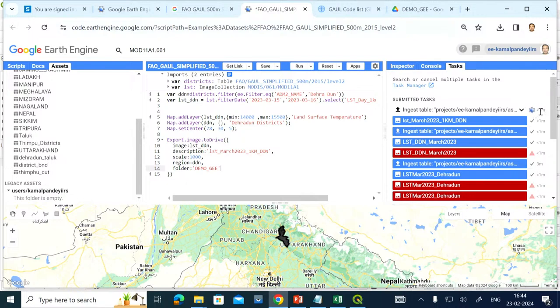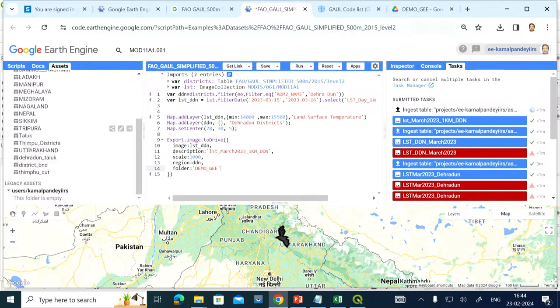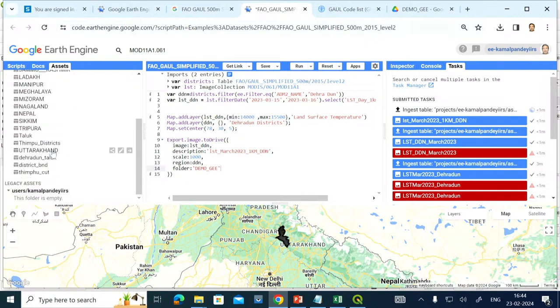Once it completes, it should come in this particular list. I have uploaded many things over here. So once that is done, it will come over here. If I click this refresh, DDN_T should come in the assets part.